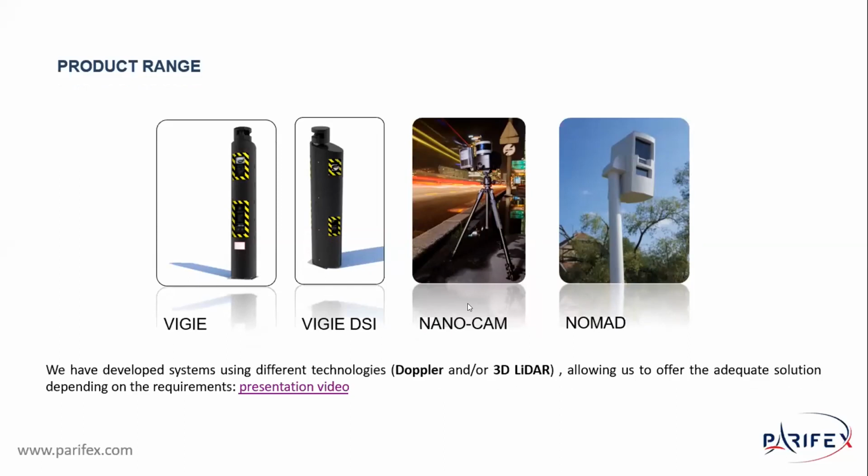So the VG, a very robust system. We have a lot of vandalism in France, so we've made our system very robust. It's able to cover 4 lanes, make the difference between trucks and cars, as I said, but also other categories of vehicles, motorbikes, coaches, bicycles. Evolutions, as I said, 2 sides. So 1 picture from the front and from the rear. And as you see, the vehicle...